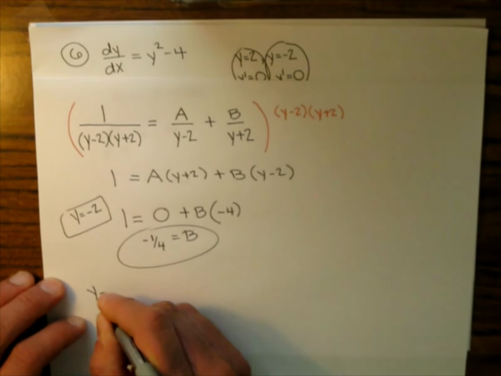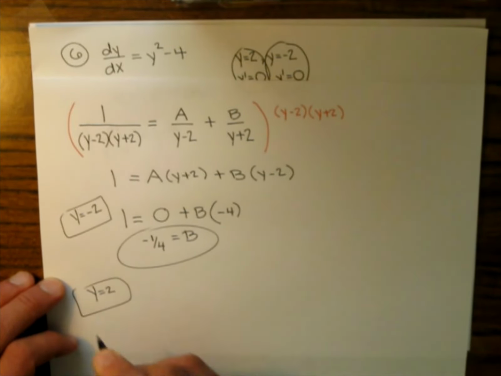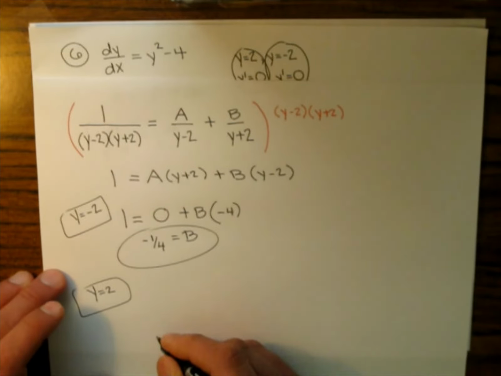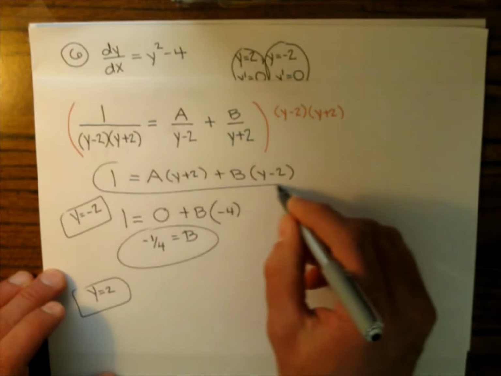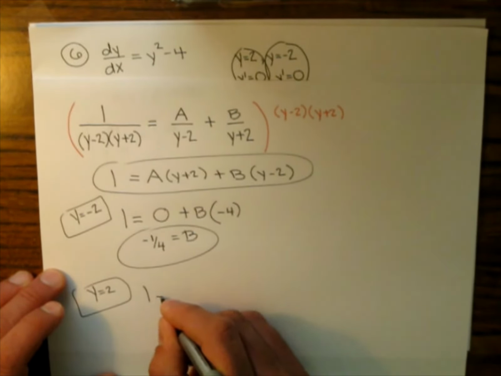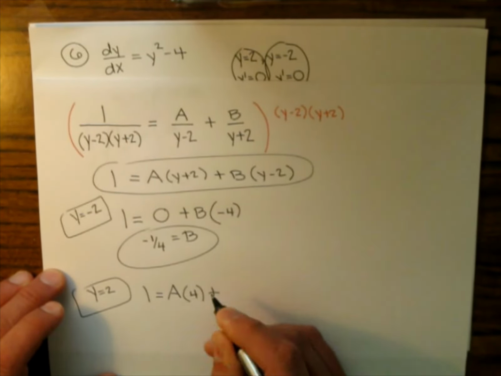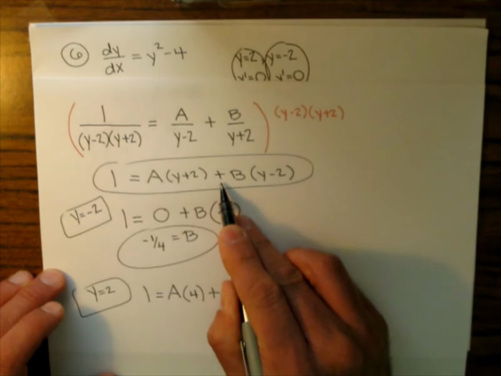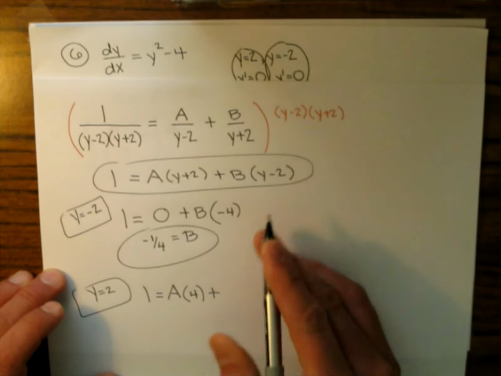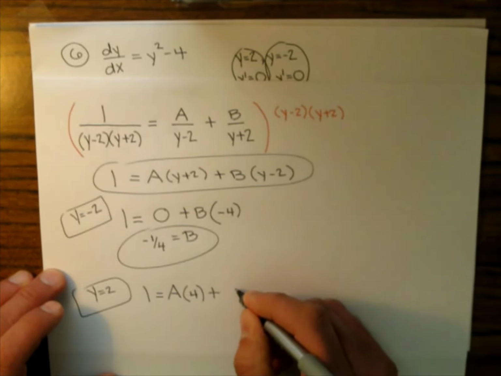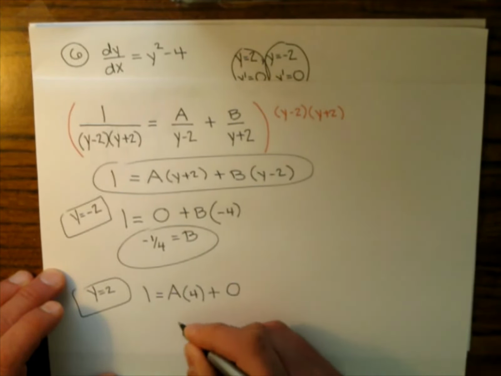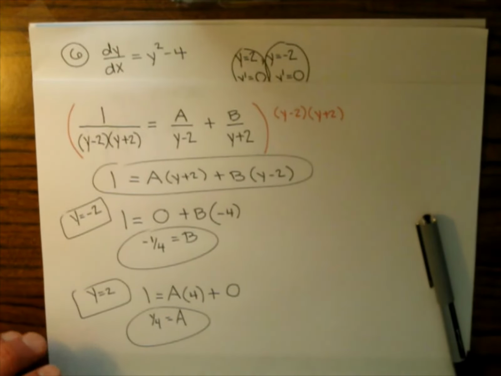Now I'm going to let y equal positive 2. And that's going to give me what? I plug it into this equation here: 1 equals a times 4, because 2 plus 2 is 4, plus b times 2 minus 2, so that's just 0. This is going to give me a equals 1/4. So now I can rewrite